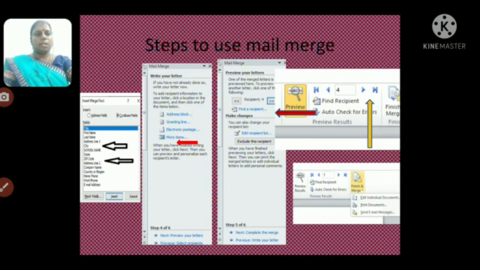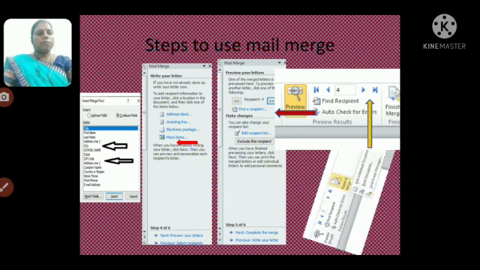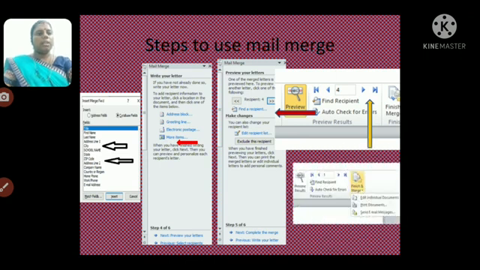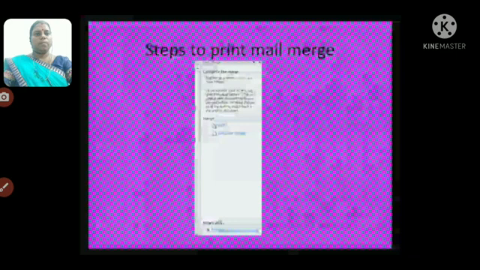If you want to see the recipient list, you can click there, 1, 2, 3, 4 are there. You can choose from there. If you want to preview it, you can choose from the tabs on the top of the MS Word file. When you click finish, you can click the finish mail merge option. Then you get 3 options. If you want to send a letter through mail, you can send. If you want to print it, you can also print. If you want to edit, you can do the editing option also.